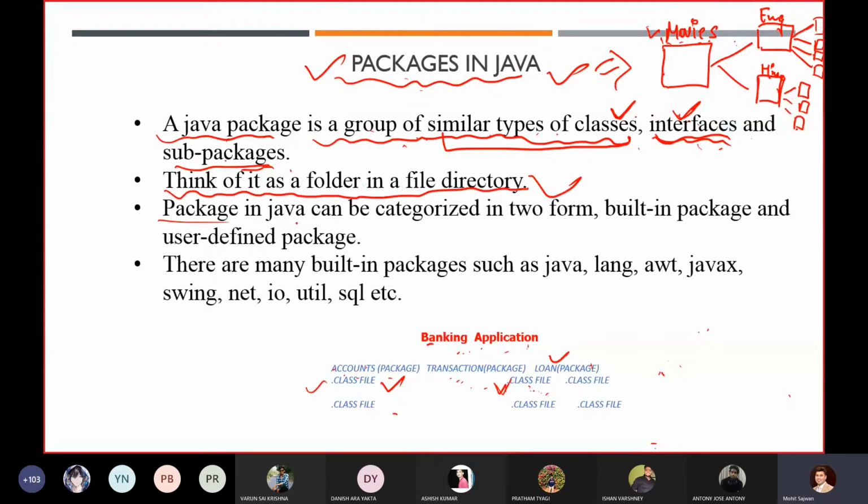A package in Java can be categorized into two forms, built-in package and user-defined package. Till now, you are not creating your own package. Have you created your own package? No. I'm just considering your labs. In your lab, you are not creating your own packages. You are just using built-in packages. So if we are using import